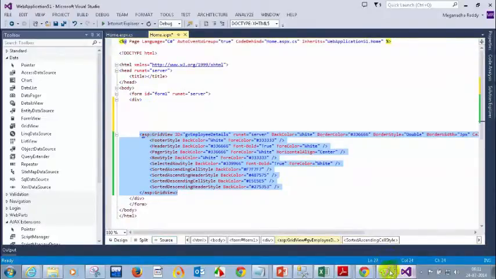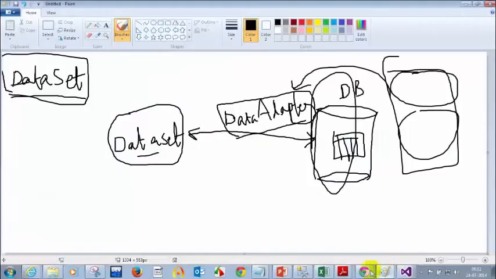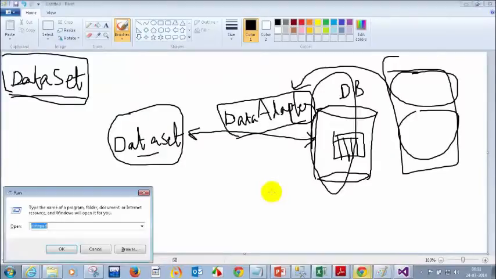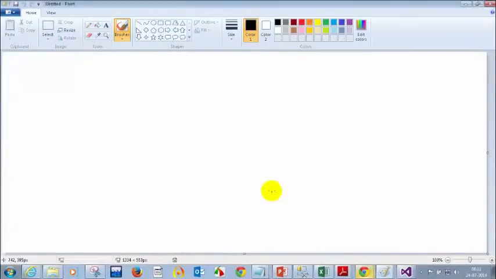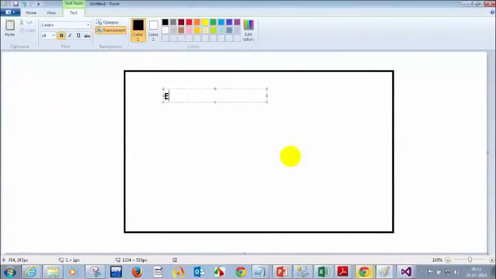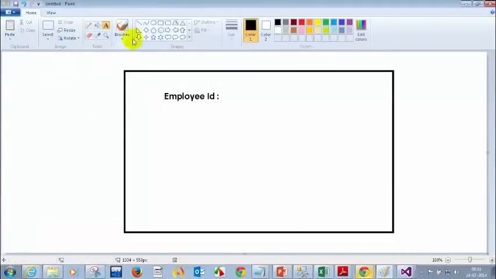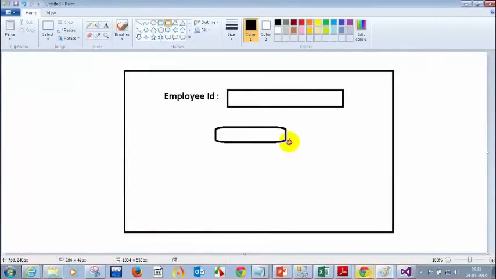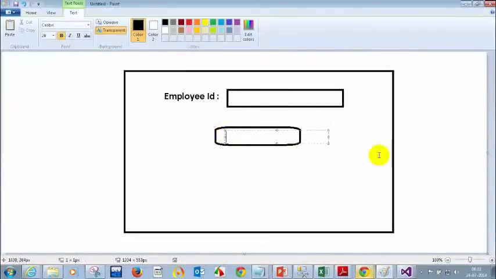I'll tell you what the question is which Ravi is asking. In my page, I have something called employee ID, and then I have a text box here, and then I have a button like this, where I want to search.